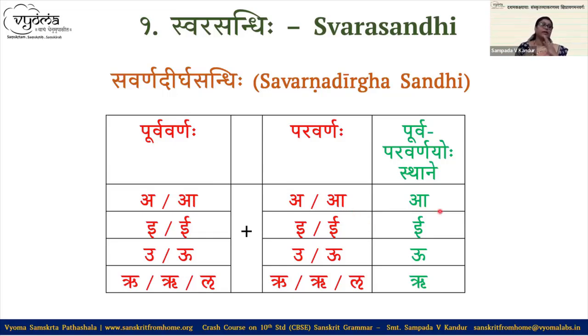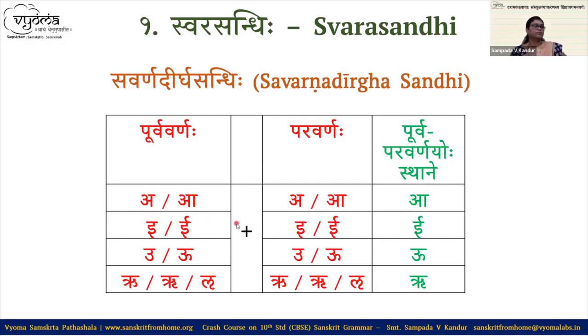I am talking in respect of this. Remember, whenever you are thinking about this sandhi, you should be clear with this plus sign. Left of the plus and right of the plus, and is equal to. We don't get this plus sign in samasa. This you should remember. So I or Ii plus I or Ii is equal to Ii. Now who will tell the possible 4 combinations of this rule?